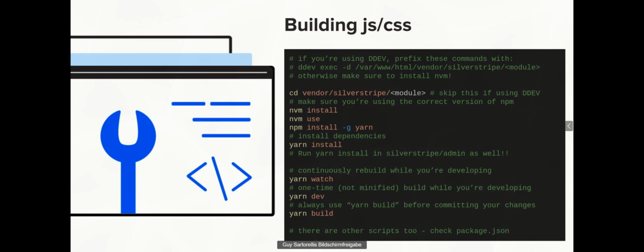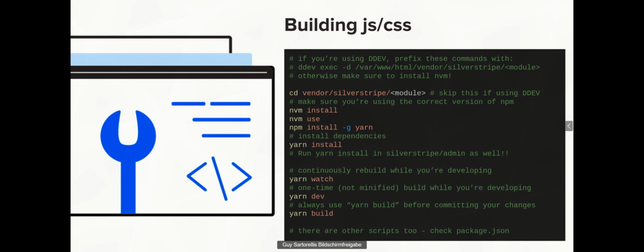That's because some modules will reference libraries that Silverstripe admin exposes as Webpack externals, or they might reference direct components that Silverstripe admin implements, and the tests will fail if you haven't run yarn install there. So you not only need to run yarn install for the module that you're actively working on, but also for Silverstripe admin. And then while you're developing, you can use yarn watch or yarn dev, and that will build out